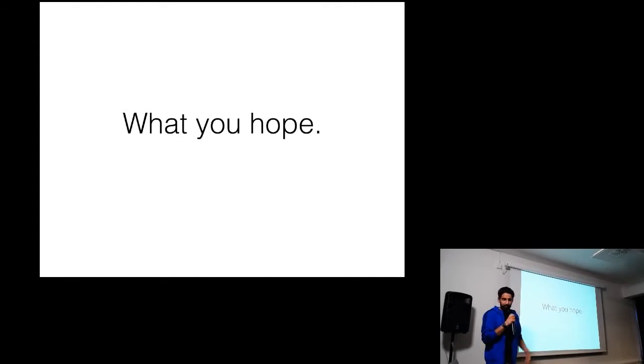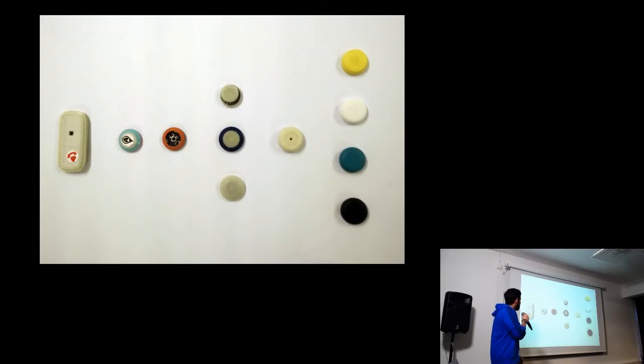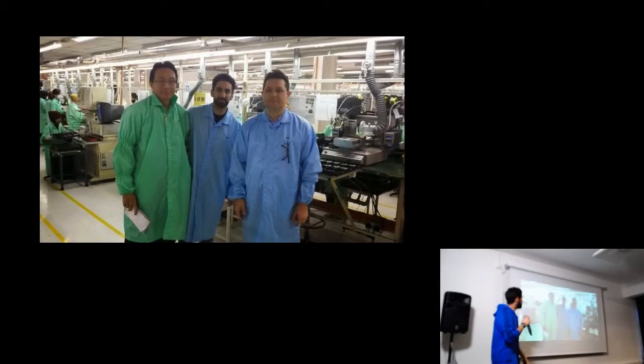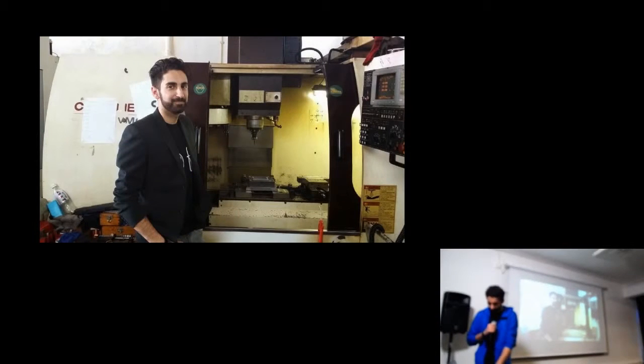industrialization of Flick. So what you first think is, how is this going to go? And this is how you hope it goes. You basically start off with some prototypes, maybe approach Martin, you create some prototypes, and then you approach Janne from WSI, you make some functional prototypes, and then you end up with what's on the right there. Next, you launch a campaign, you raise money so you can afford putting it into production. You fly down to China or Malaysia or whatever it is, see the factory, meet some nice people, check out how they make the tools and how they're going to make your product, and then boom,